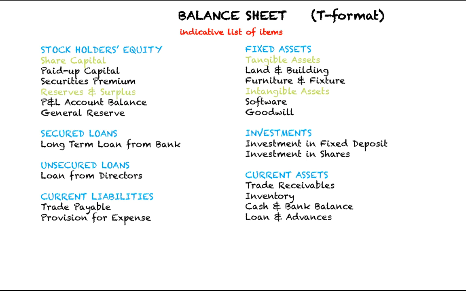Current assets: trade receivables is goods sold on credit up to the balance sheet date, but for which money has not yet come in the business. Clients or customers have not yet paid for. Inventory is your unsold goods lying with you as on balance sheet date. Cash and bank balance similarly is the money available in your bank balance or in cash in all your branches, in cash form or bank form. Loans and advances can be employee advances, can be deposit for your rental premises, it can be any other advance given to your vendors and so on.